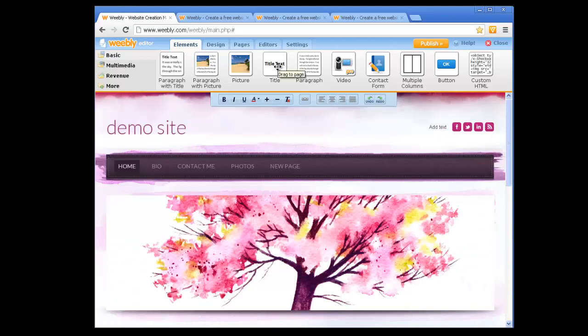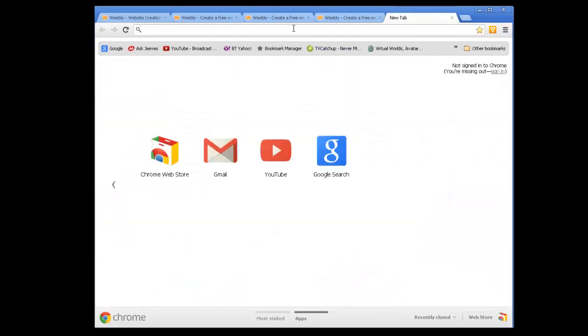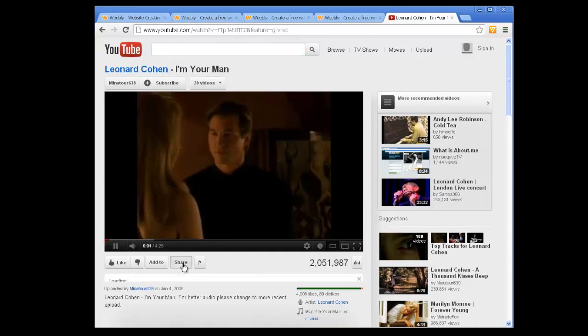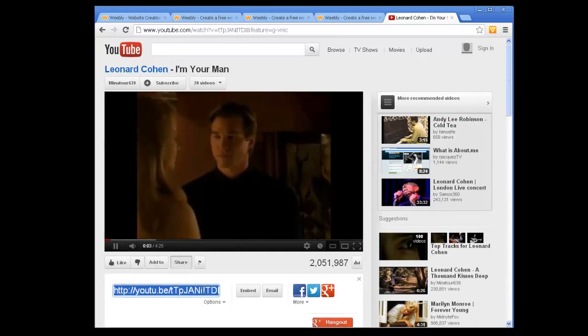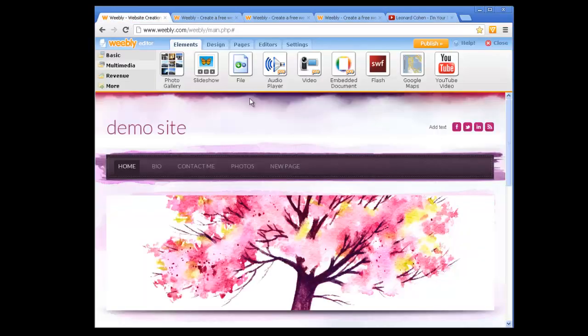Now we can add in title text on its own, paragraph on its own, or the two combined, or we can add a video. Now that's only available with Pro, but there are other ways around that. If you go to multimedia, you can embed a YouTube video. So let's find something on YouTube. And let's just grab the first video that we see. There's Leonard Cohen, that'll do nicely, and we'll share that. Control C to copy, pause Leonard doing that, back to our Weebly creator,